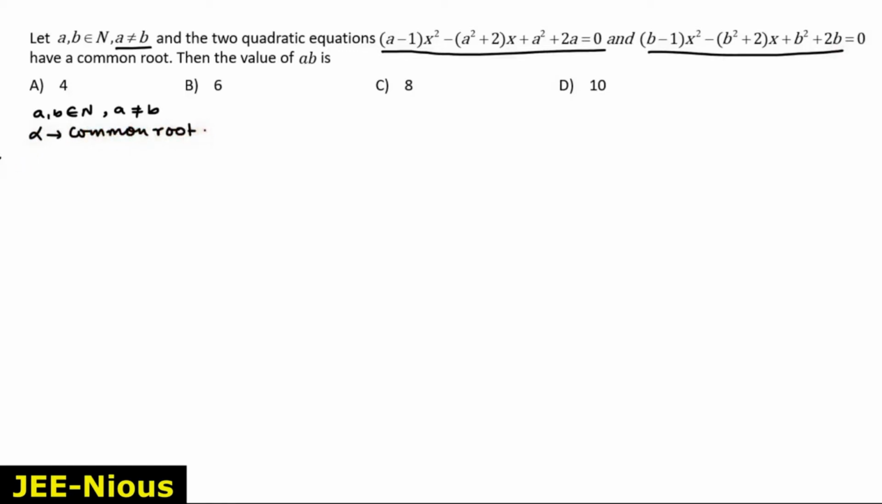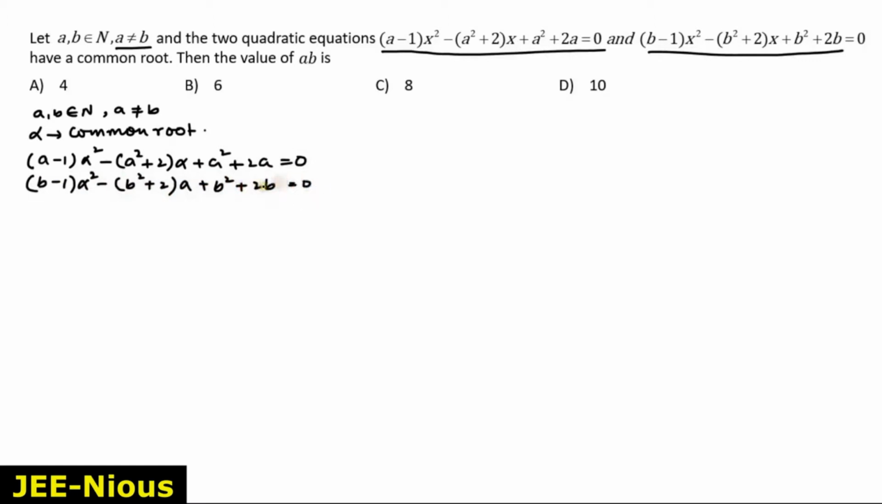So I can say that (a minus 1) alpha square minus (a square plus 2) alpha plus a square plus 2a equals 0, as well as, since alpha is a common root, it must satisfy both the equations. So the other one is coming to b square plus 2b equals 0. Okay. Now you observe carefully, can we write,